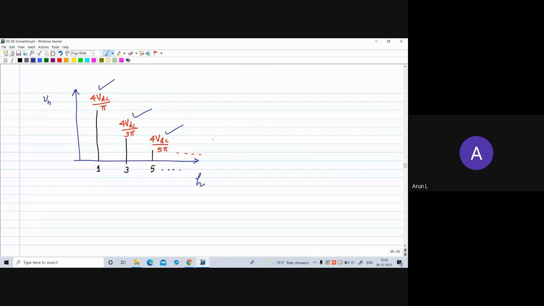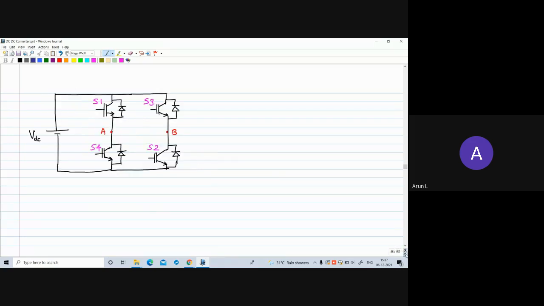So all the prominent harmonics are present. And if we are designing filters for suppressing these harmonics, the size of the filter will be very large. It will be bulky. So in order to avoid that, one solution is to shift these harmonics to higher orders. Instead of 3 and 5, shift these harmonics by some mechanism to higher orders, say to 21 or 25. Like that, those higher order harmonics can be easily eliminated using a low pass filter.